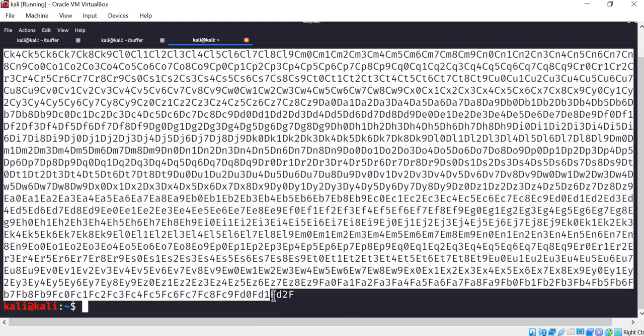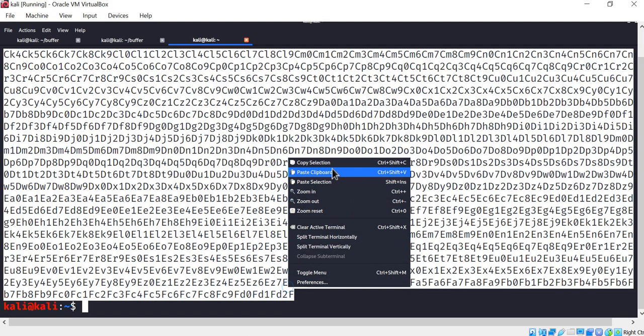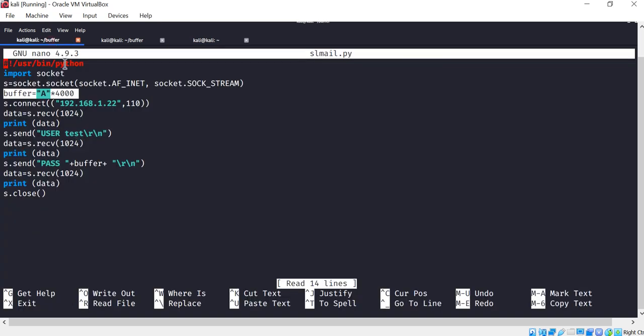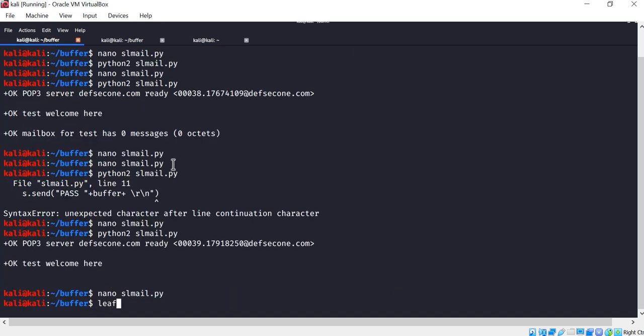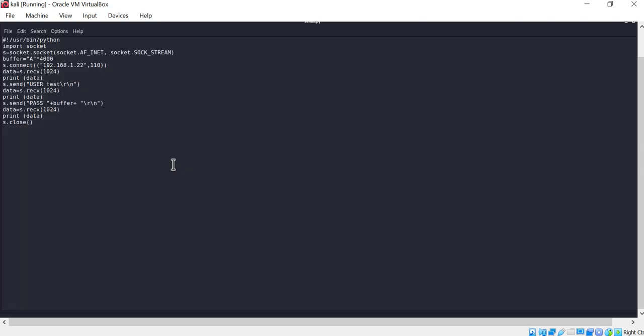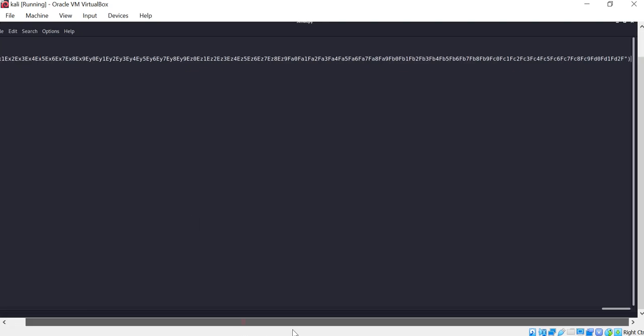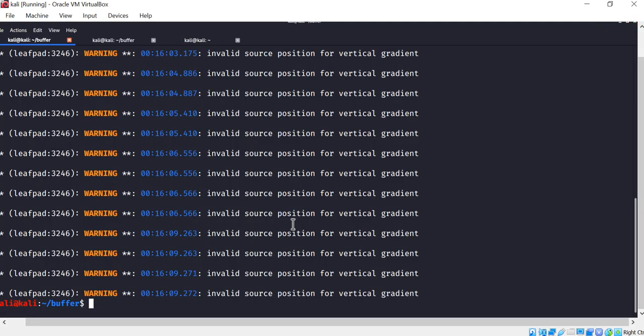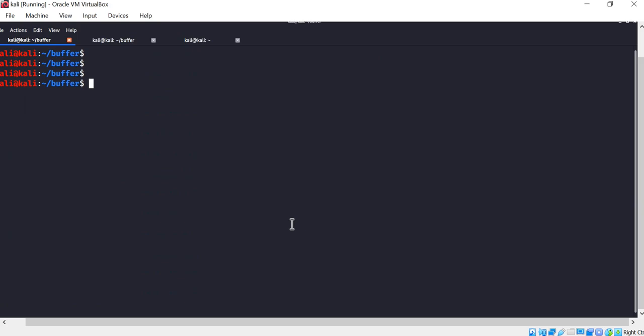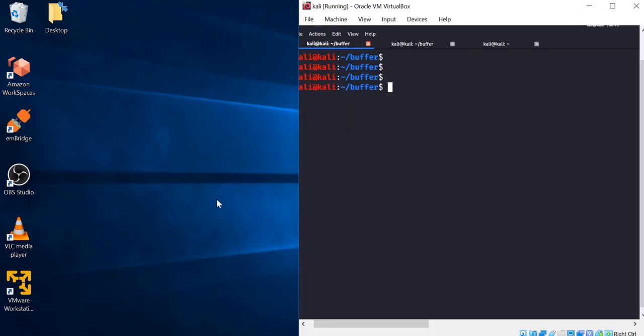I'll copy it, then open my SLMail script, and instead of this buffer of 4000 A's, let me paste the unique 4000 characters there, save it and close this. Now let's run the program again.